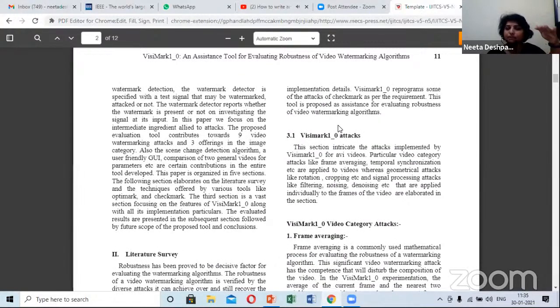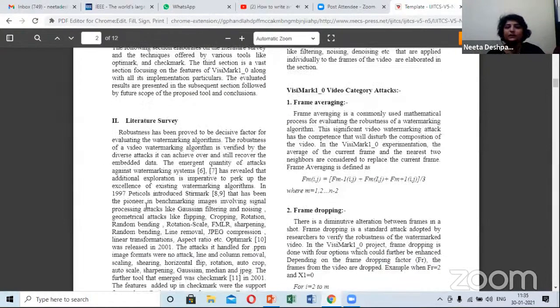But since it was a research paper, we thought of giving a separate section for the literature survey, which is specifically related to our tool. Whatever is related to watermarking, I gave the introduction above, and then whatever literature survey related to this tool is available, I gave here in the literature survey. So again, these are the references which are available. Along with our tool, there were 2-3 more tools available, and then we went along.